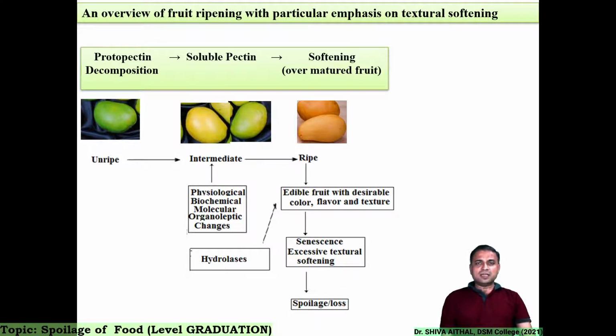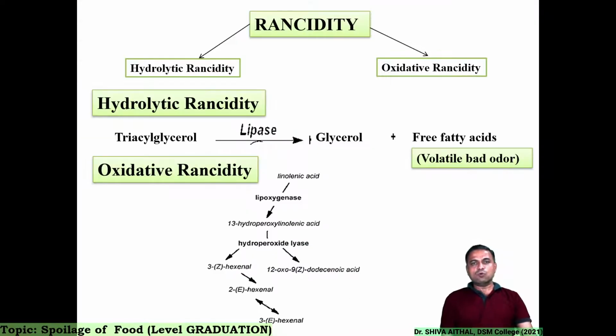Here our main aim with respect to this syllabus, I would like to tell you, there is no end to what you need to study and what interest you can develop. So you should have this interest also. But I will now move on to microbial spoilage. But before that, there is a thing called rancidity. Rancidity is production of acids, and it makes the foodstuff acidic. So there are two types of rancidity: hydrolytic rancidity and oxidative rancidity.